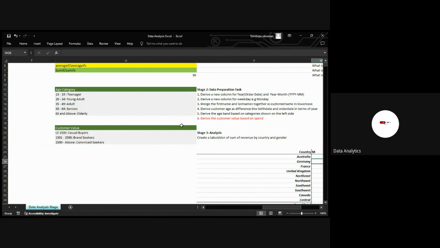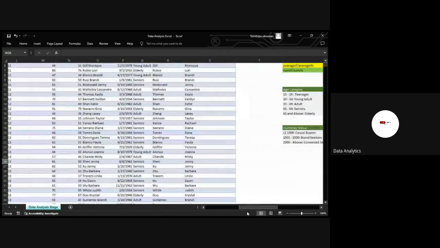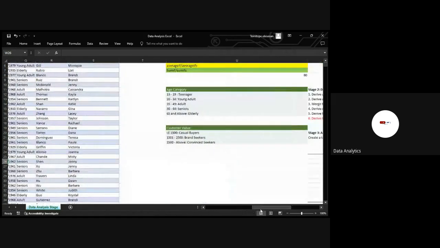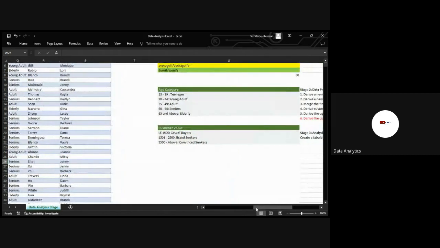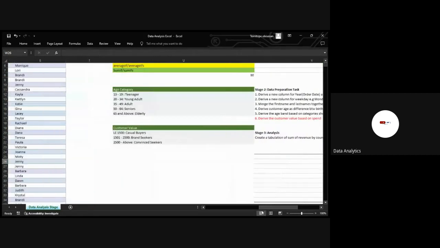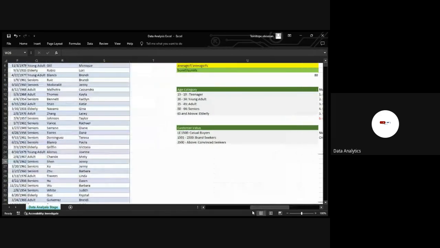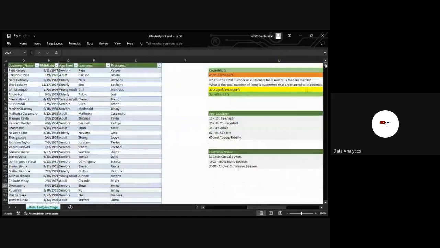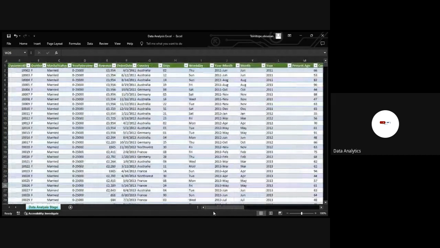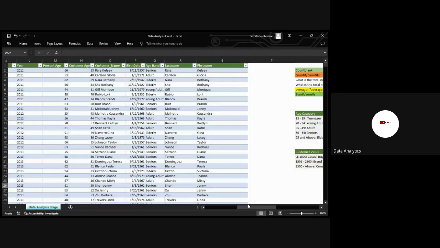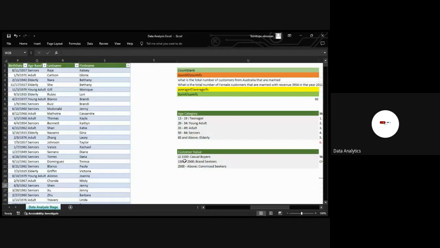All right, I'll just quickly run through the correction. So you have customer value. Let me read the question again. Derive the customer value based on spend. If they're saying based on spend, you need to go back to your data set and check what was related to spending there. You see we have revenue. So they are telling you to use your revenue to determine the customer value. And we have the criteria here. If it's less than 1.5, it should be casual buyer. If it's less than 2.5,